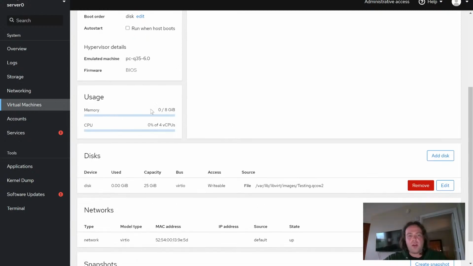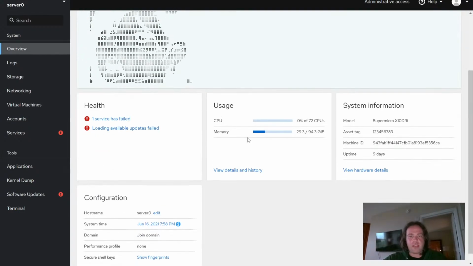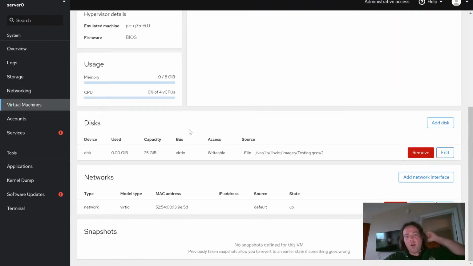You have stats. You can see the stats of your memory and CPU as they're being used, which, by the way, is extremely useful because when you come over here to your overview, and you see this is tanking out high, the first thing you want to do is see, hey, where's my max, my memory usage coming from? So that's a perfect tool for that. We have our disk, which is loading,